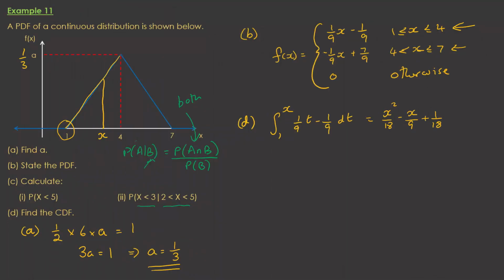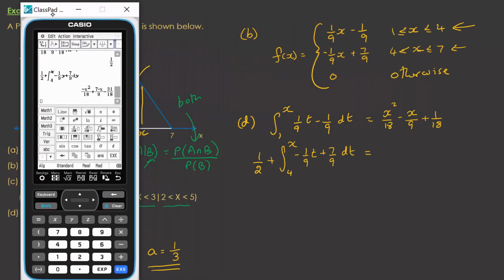Now, in the second part, so this is no longer x, so if x is now up here, we already have this area, and then we want to add this area on. So that should be 1/2 plus the integral from 4 to x of -1/9 t plus 7/9 dt. And let's see what that gives us. So once again, I've done that on the class pad. You can see that here. And it gives me